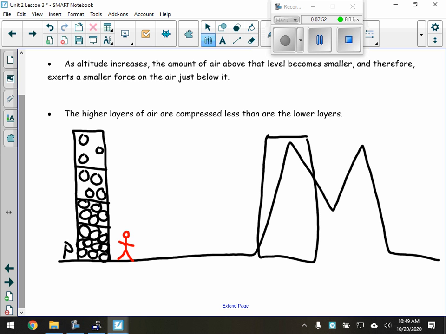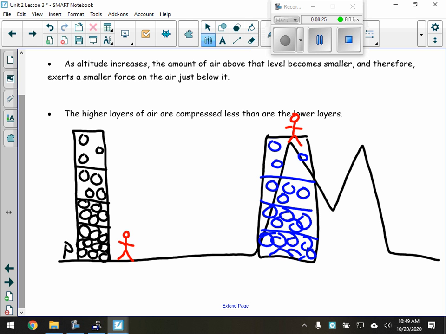The same thing applies. I'm just going to use a different color because I have a lot going on here. Now we have these three here, and I'm not saying that there's necessarily more gas molecules there. I'm just trying to fit more stuff in. So there's 4 there or whatever, and then you got this section here, and then you got them all packed in here. But if you are standing here, oh, that doesn't make sense because there's no air up there currently. But you know what I mean. If you're standing there,